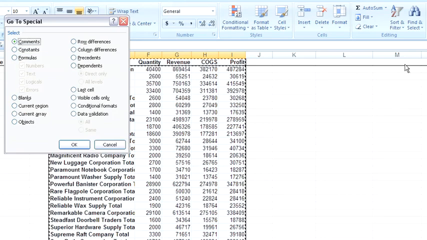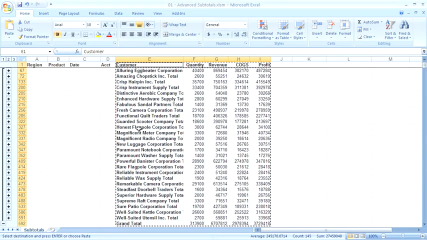In the Find and Select dropdown, there's a choice for Go to Special. The Go to Special dialog is one of the most powerful dialog boxes, and it's really hidden. The Go to Special dialog box allows you to, for example, choose all of the cells that have formulas, all of the cells that are blanks, all of the cells that are precedents of the current cell, the last cell in a data set, or what we need in this very case is visible cells only. Now, when I select visible cells only,